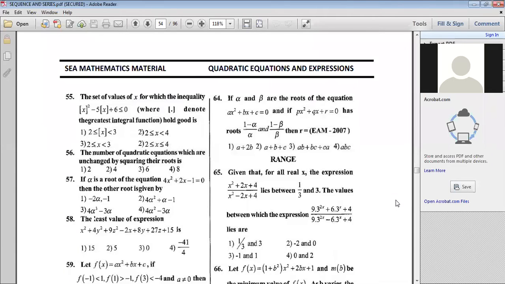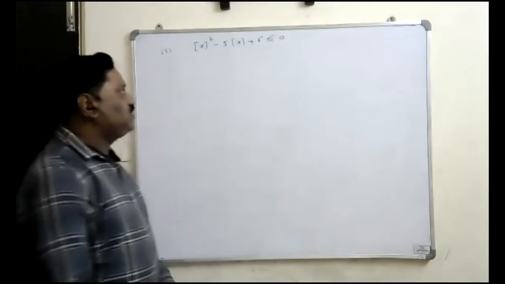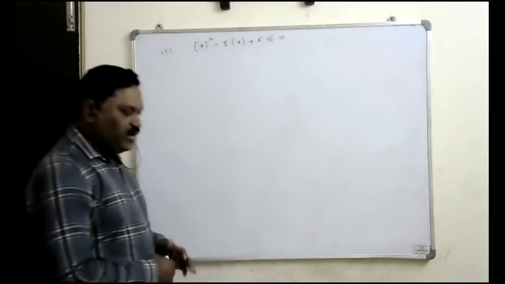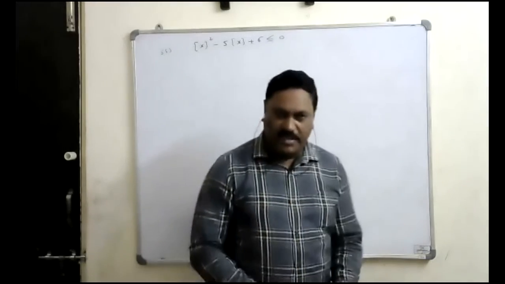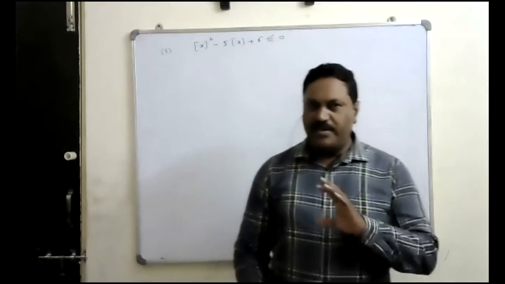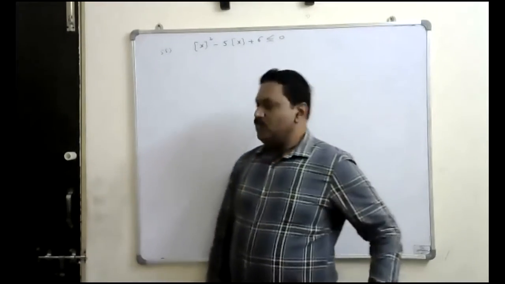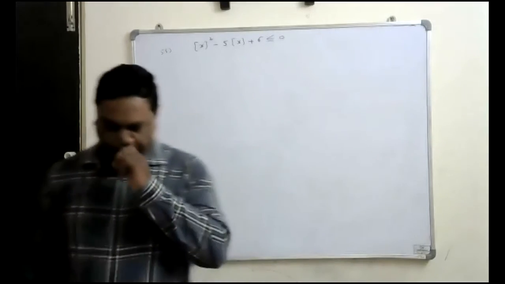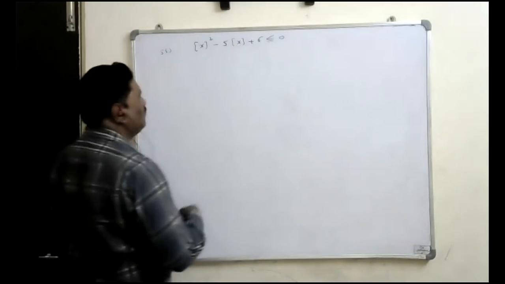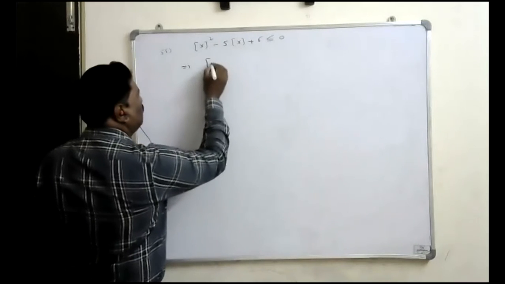Integral part of the x whole square minus 5 times integral part of the x plus 6 is less than or equal to 0. Then what is the interval satisfying by this? Of course, here also we can identify the option by the elimination method, or otherwise direct method also we can solve this. Since it is the quadratic equation in terms of the integral part of the x, I think all of you are aware about the integral part of the x concept. Now tell me what are the factors of it? x minus 3, x minus 2.